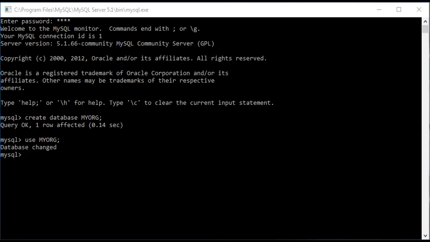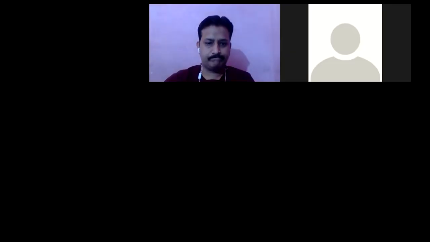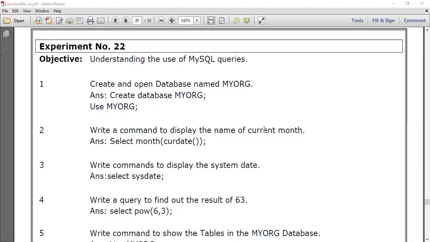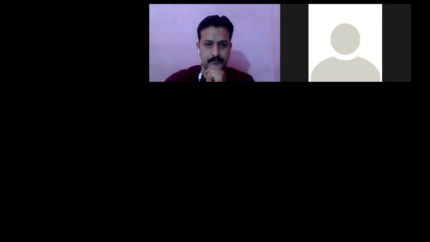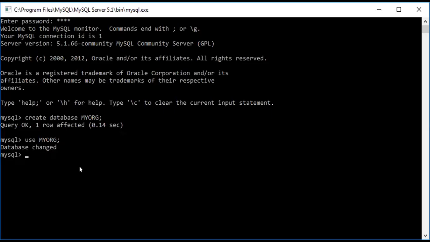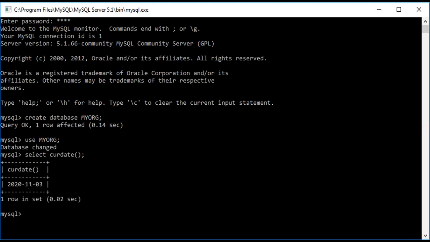Then next was: write the command to display the name of the current month. For that we write select month, and in brackets we write date. If you write select date, we'll get the current date.